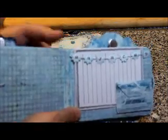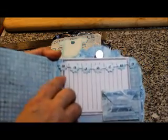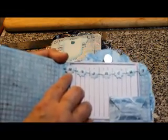Then this page is for his first haircut. And I just took a punch, I believe that was a Stampin' Up! punch that I had. I punched out my little medallions, and then I used a small alphabet set that I had. And this says haircut, made a little banner there. Then I also took